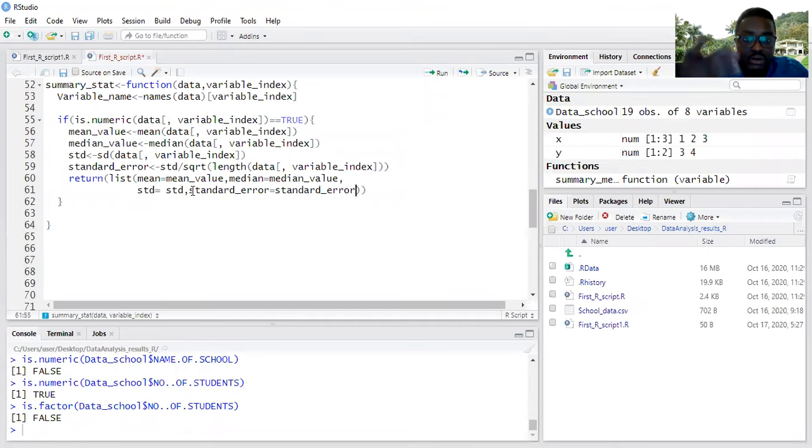So for the standard error, at the moment, I've been able to now ask if the variable is numeric, it should compute all this and return all those things I've computed. Else, if it is not numeric, I can now copy this one. Here I could have still used this and say equals false. But here I just want you to also understand the is.factor. So I'm saying that else if